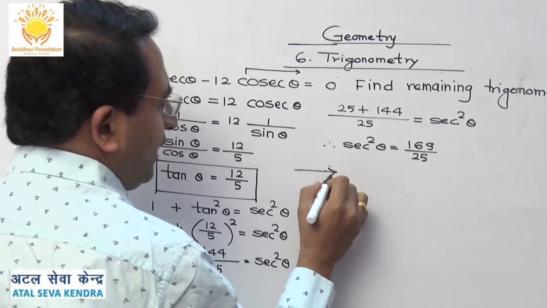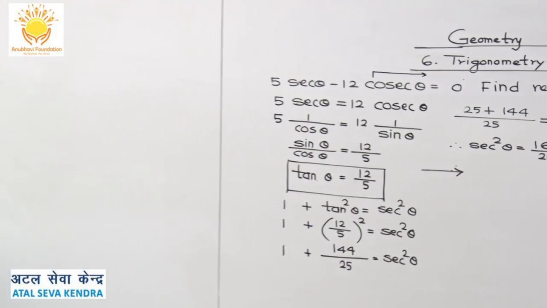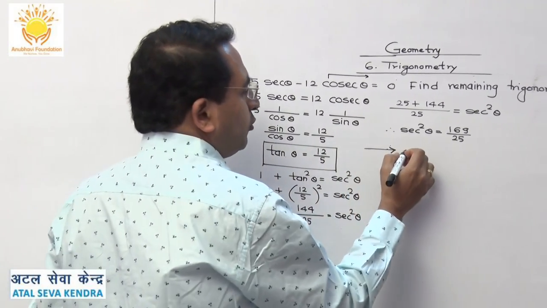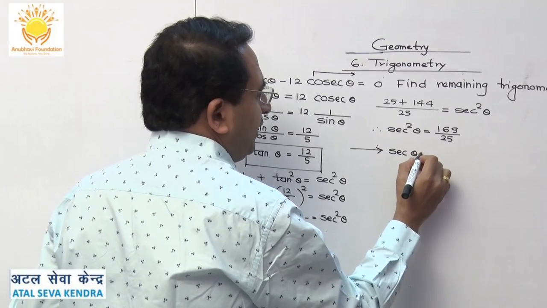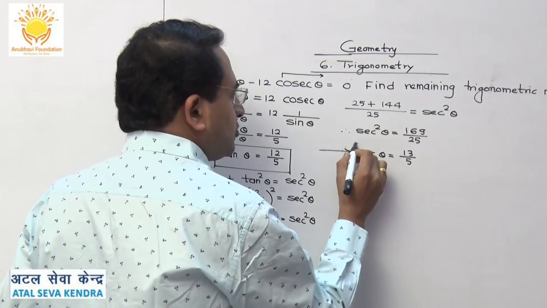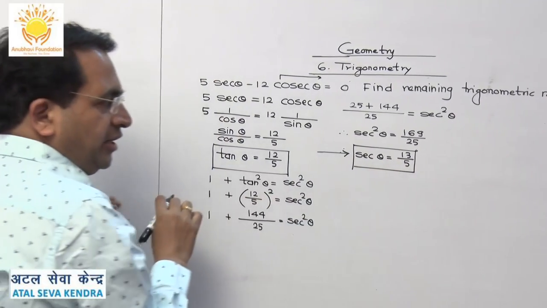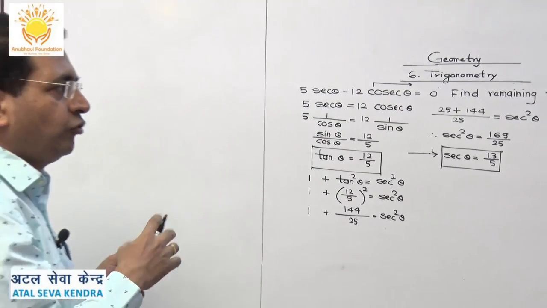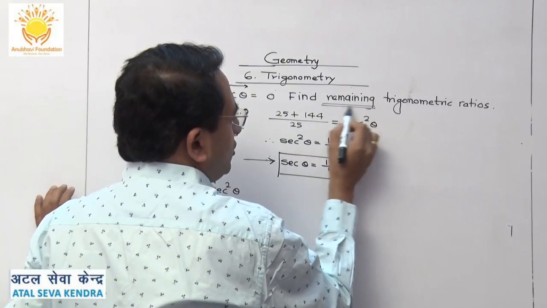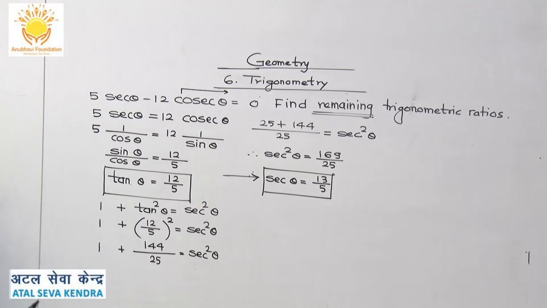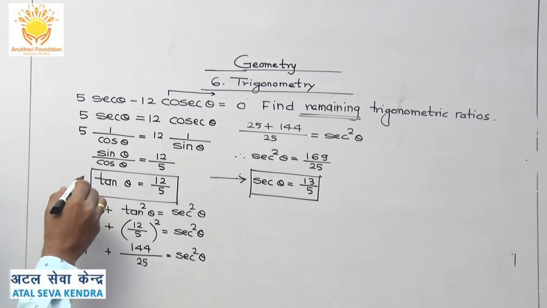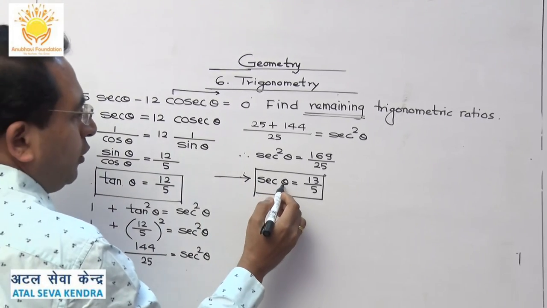Therefore, here we have to write down the statement which is more important. What is that? Taking positive square roots of both sides, sec of theta is 13 upon 5. The first box is coming here. See, find remaining trigonometric ratios of the angle. So basically the question should not be like this; it should be, find all trigonometric functions of the angle. So basically we have got the value of tan, and we have got the value of sec theta.